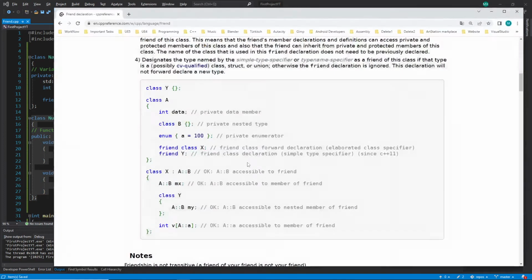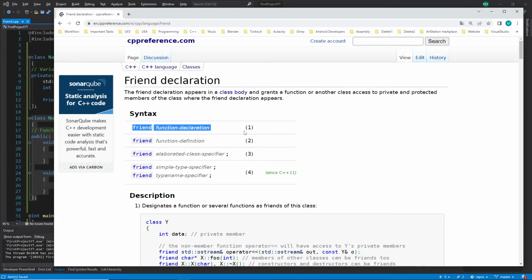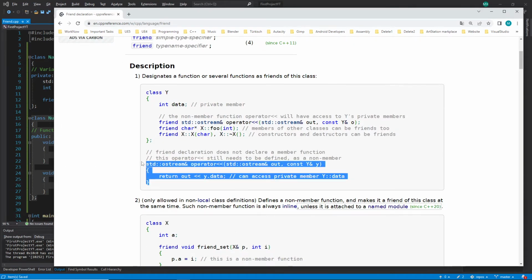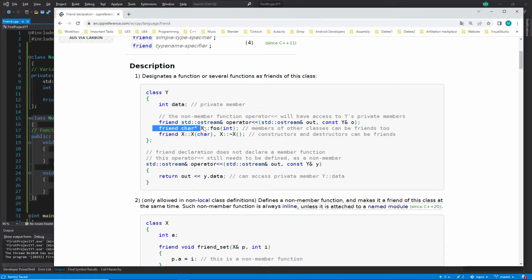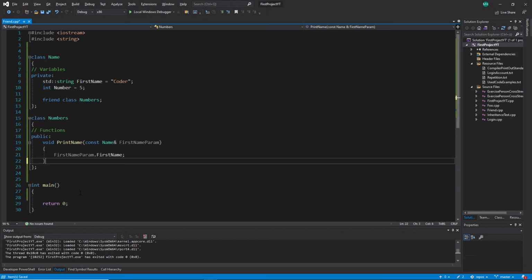So now I want to go back to the first example because there is something which we have not talked too much about, which is the second line. And you can see it says a member of a class can be a friend too. And we are talking here about a class member function which is a friend of another class. So how does this work? Let's go back to our little example here. Let me delete this one. It's not so important. And let's say